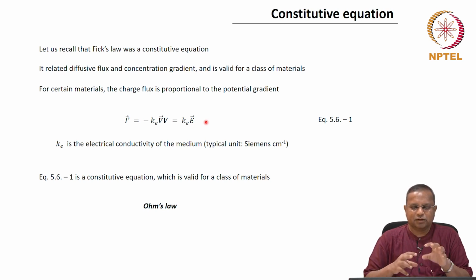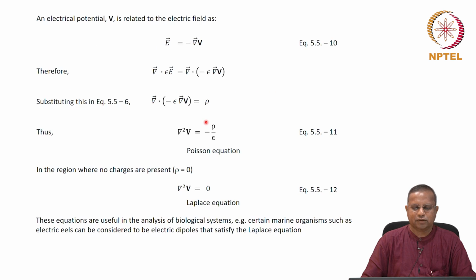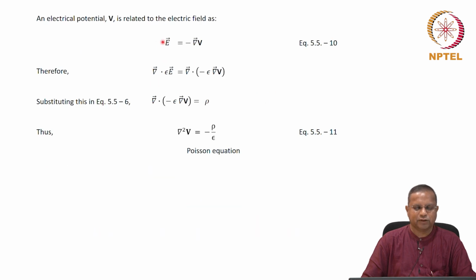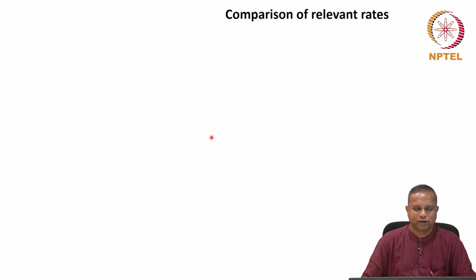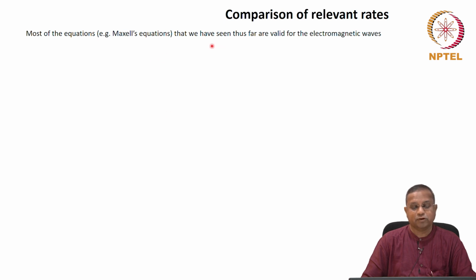And then we looked at a few other things, the constitutive equation before that. We had looked at some interrelationships between the electric field, or the equations written in terms of the potential gradient. And most importantly, before that, we saw the electro-quasi-static and the magneto-quasi-static approximations, which are valid for biological systems. Those actually simplify Maxwell's equations by taking out the time derivatives. That is similar to the pseudo steady state concept that we have already seen. That's what we did in this class.